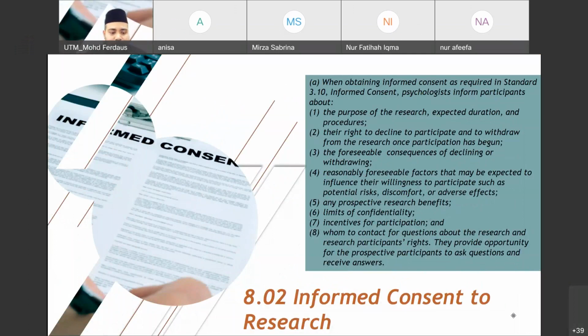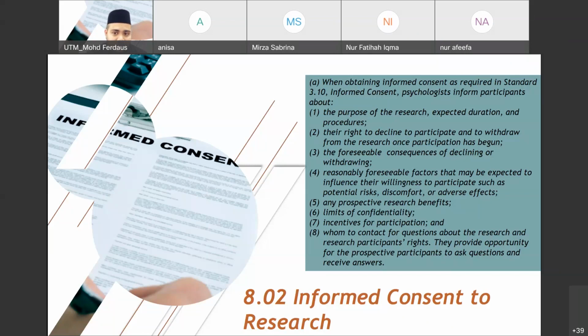Even though you have been doing a lot of research, the first time when I joined UTM, I was asked to evaluate what we call PSM FYP projects. I evaluated around 12 research proposals, and none of the research proposals addressed any ethical consideration. Firstly, because it's not in the format, so the students don't do it.